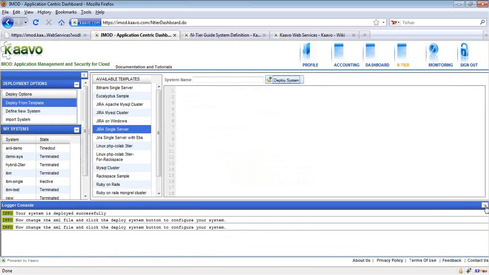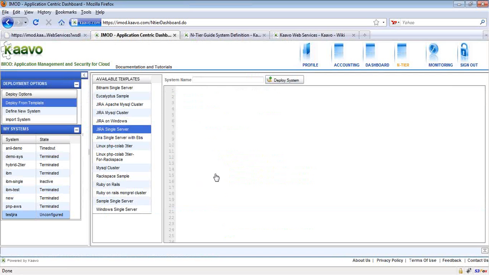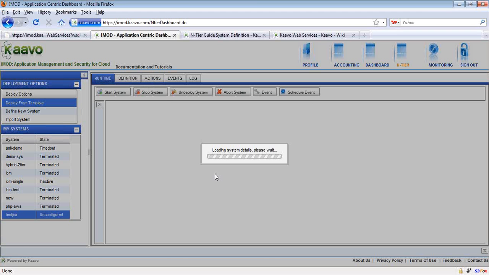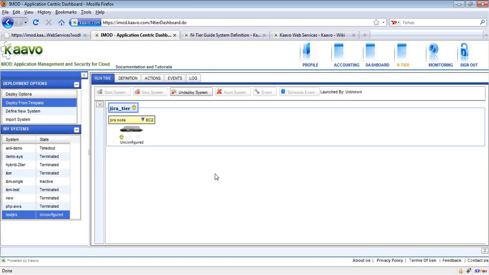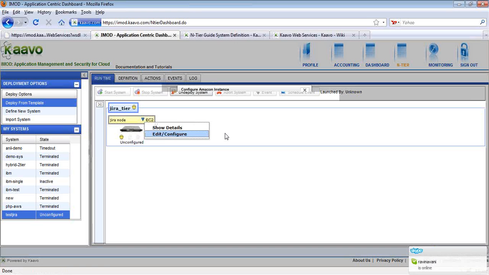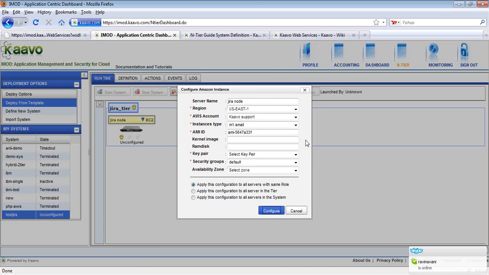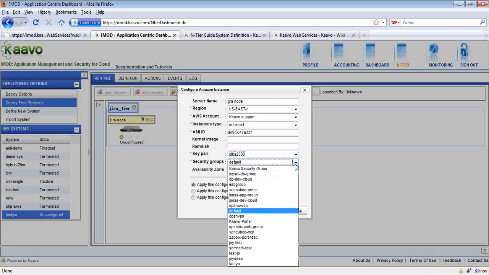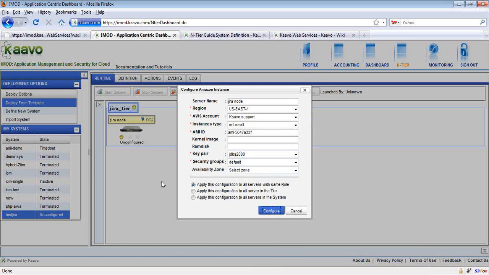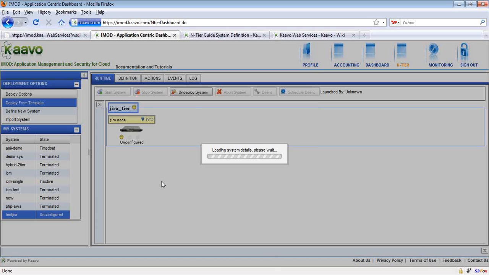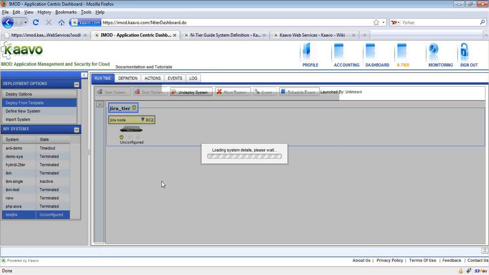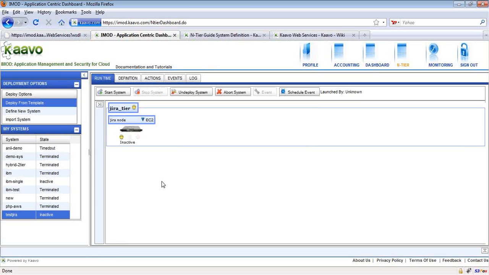So I'm calling it test-Jira. But as I mentioned, this is a template, so it does not have all the necessary information in it for it to be a complete system. So you have to provide certain details to complete the specification of the system, and you can do that by using this form. Some of them are already provided, and some are missing. So I provided the missing information, and now I have a system definition for a single tier Jira system.